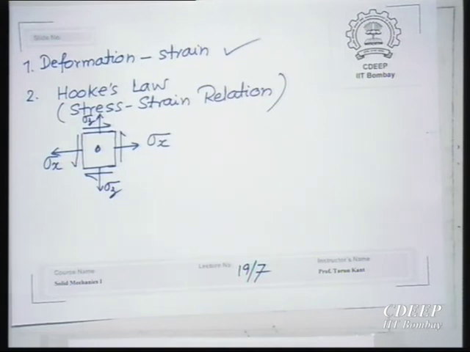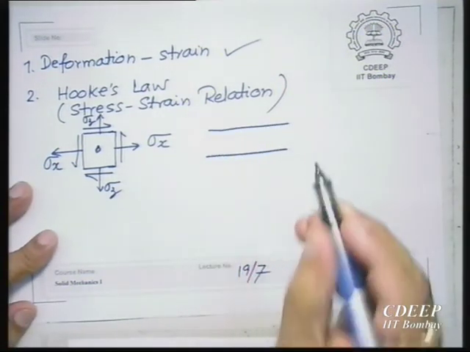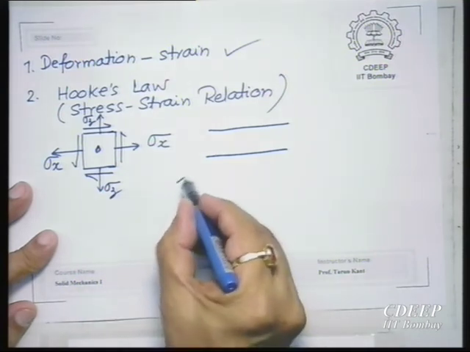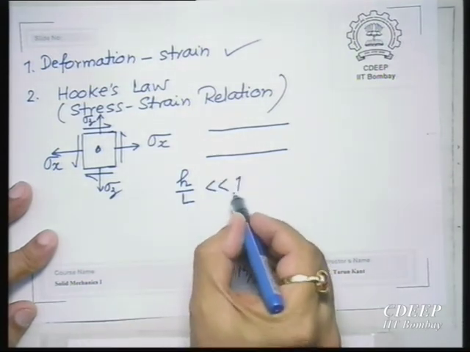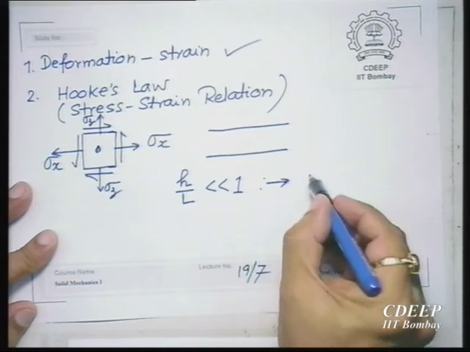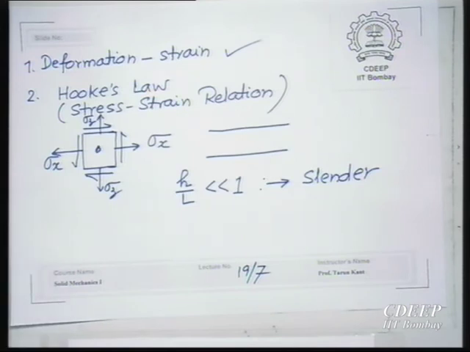But somebody just now was saying, yes, it is a slender beam. The meaning of slender beam is that the thickness h by L is small compared to unity. So this means slender. The basic definition of slenderness is based on the cross sectional dimension. Here the most important cross sectional dimension is depth. B is not of much consequence, because we have reduced the problem to that of plane stress. So h by L should be small, so it is a slender beam.